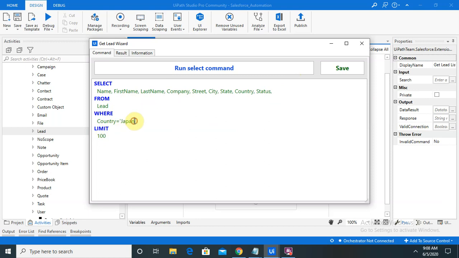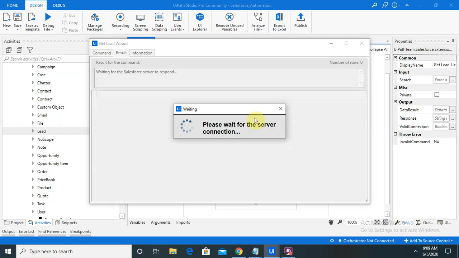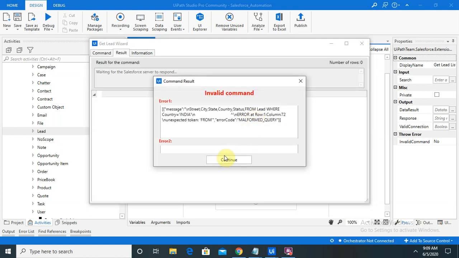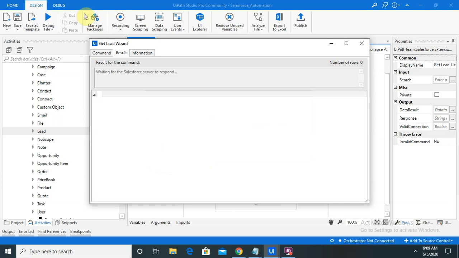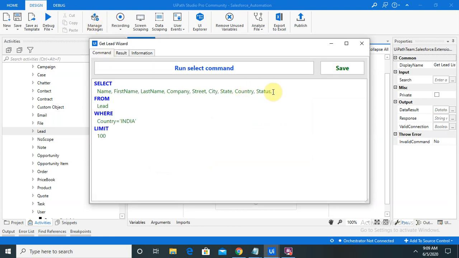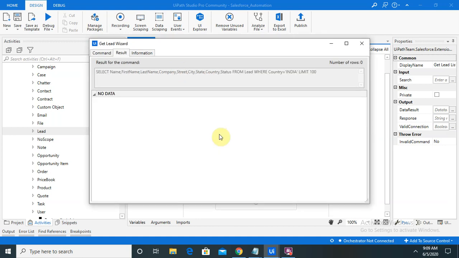Now let me run this with the country name India. Run the command. There is some error in our query. Let me remove it. Yes. Now run.